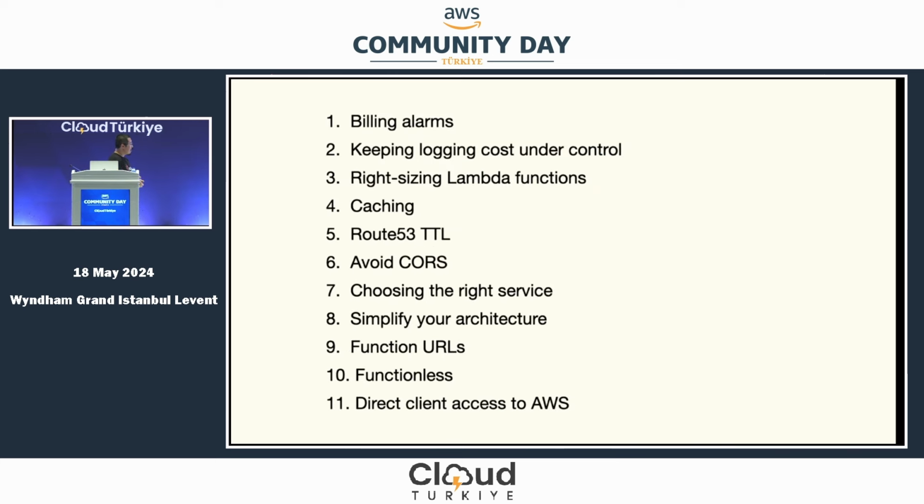So those are the 11 ideas, 11 tips for you to consider to be more cost efficient in your serverless architecture. To recap, always have billing alarms. Look for ways to keep your costs down in terms of logging, and right-size Lambda functions where it's applicable. Apply caching. Look at your Route 53 TTL. Avoid calls if you can. And then look at your architecture and make sure when you go into AWS, you pick the right services for